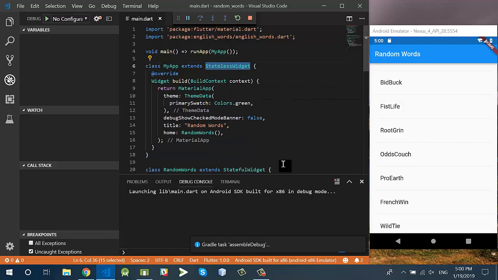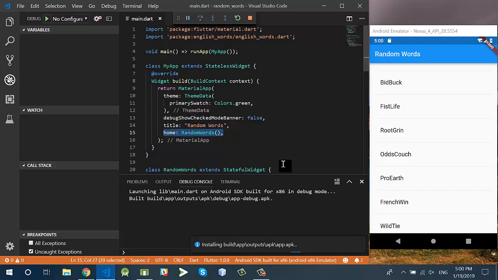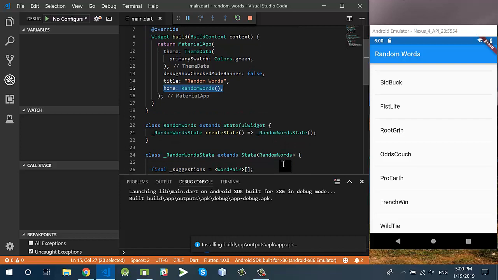This stateless widget has a material app, which is a widget, and the material app theme is theme data, and the primary color of the application is green. I have set the debug banner to false, and the title of this application is random words. And now this is the home attribute, and this is the class,